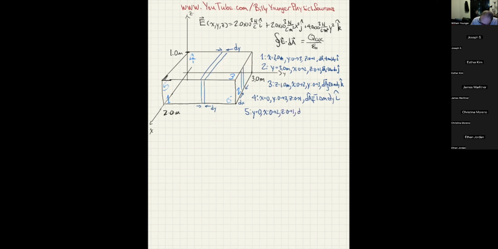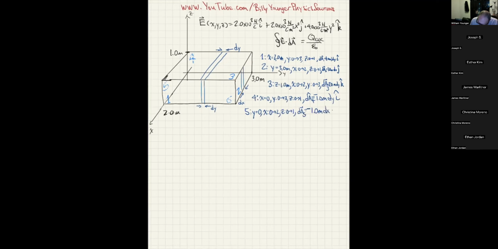And the dA5 vector is also going to point in the negative direction. So let's put a negative. And notice it's a j hat, so the x has to be finite again. So I'm literally going to use the exact same dA as I did for dA2, only now I'm going to do it with a negative j hat instead of a positive j hat. So that answer becomes negative 1.0 meters